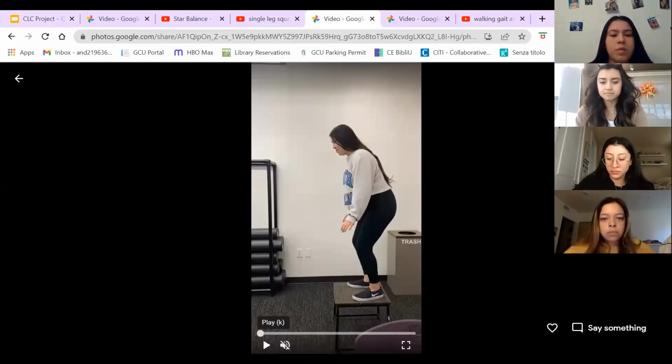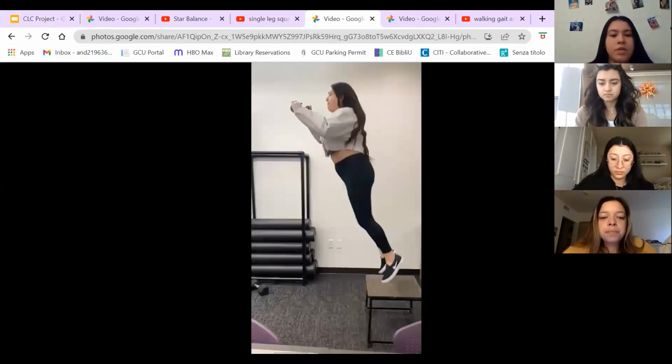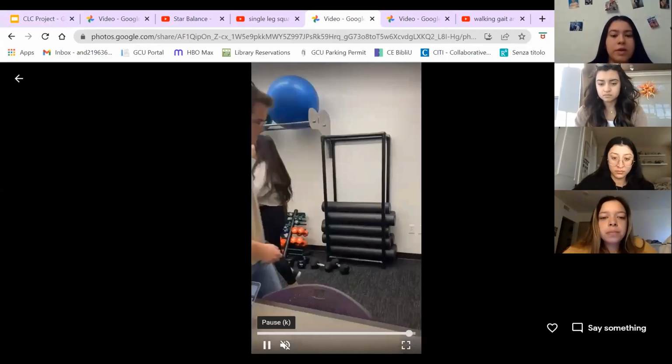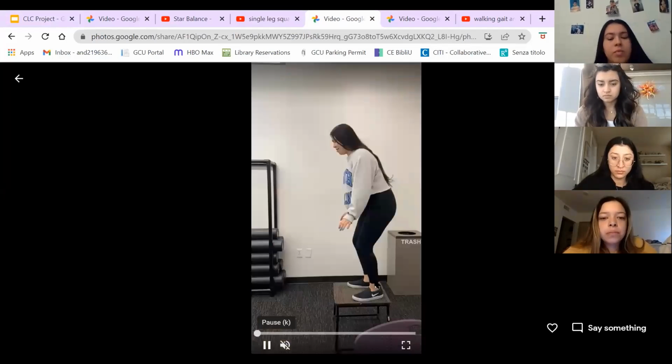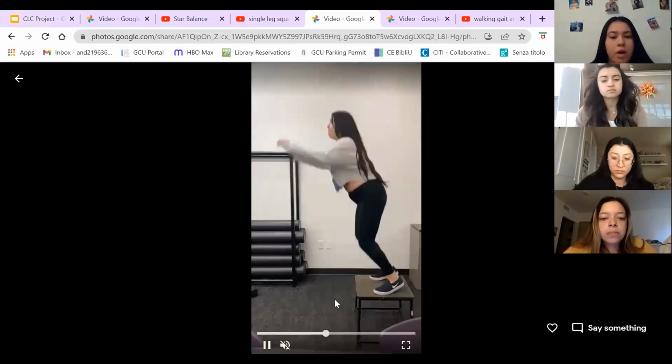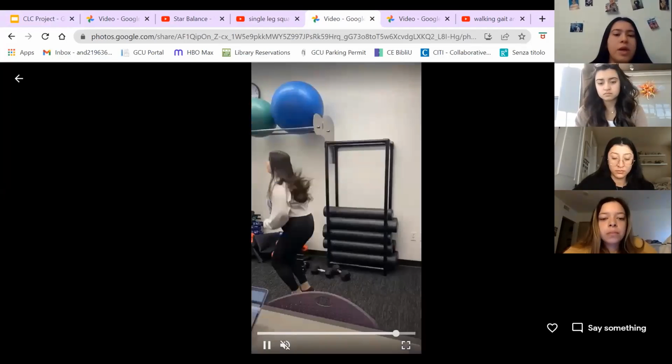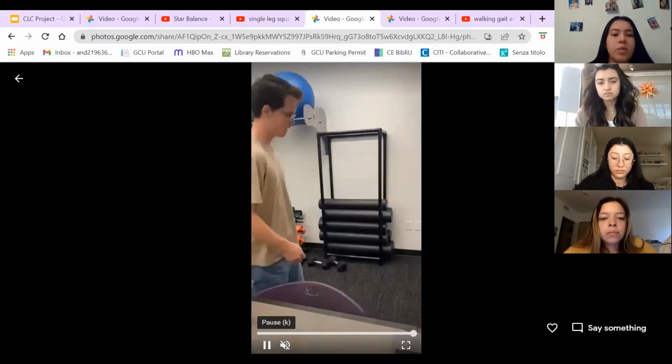We're just going to show this one from a lateral view. As you can see, the jump was not done at an extreme or higher volume. I was also wearing shoes. You can't see if I was flat footed or not, but you can see it coming out. And if the video was playing with sound,